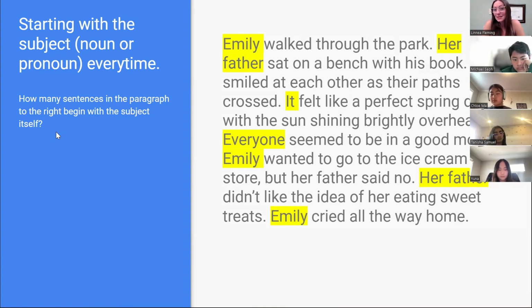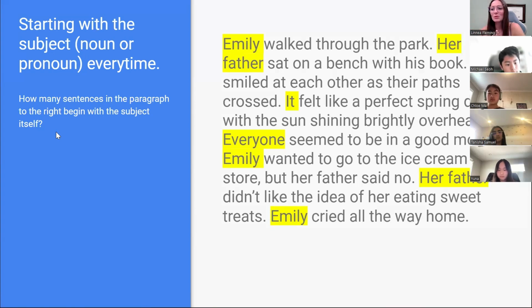Now, does that mean this isn't a good paragraph? I don't know. I'll let you judge. Is ChatGPT a great writer? Yeah, they're not that bad actually. There's kind of some creativity in there. And the only problem is that it just seems to be lacking a wee bit of variety. And maybe you wouldn't even have known that if I didn't point it out. Or maybe you would. Would you have read this and be like, ew, they're starting every sentence with the subject?